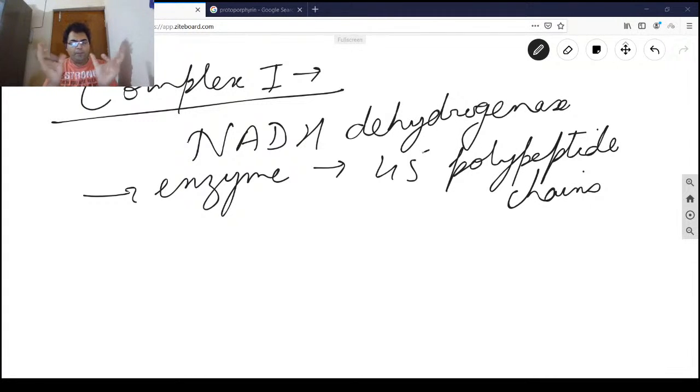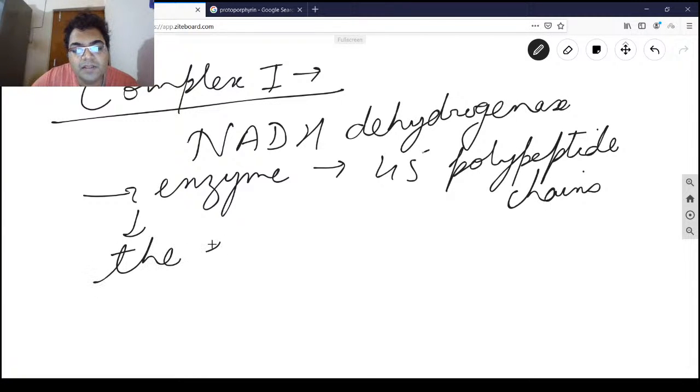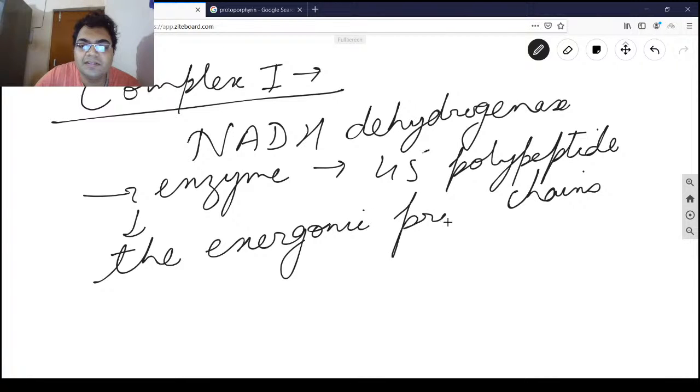Okay, these two are simultaneous and obligatorily coupled processes because they cannot occur independently. For one to occur, the other must occur. Like that, they are intricately related. Number one is the exergonic process. Now, the exergonic process means that